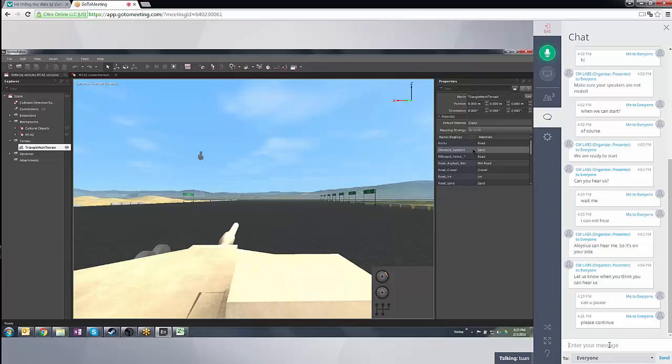So for example, if we find 3D nodes that have the name rocks in them, we're going to make them of type road. If we find things that have the type road sand, then that's going to be sand. So all these different rules let us create an environment where we have different types of terrain that the user